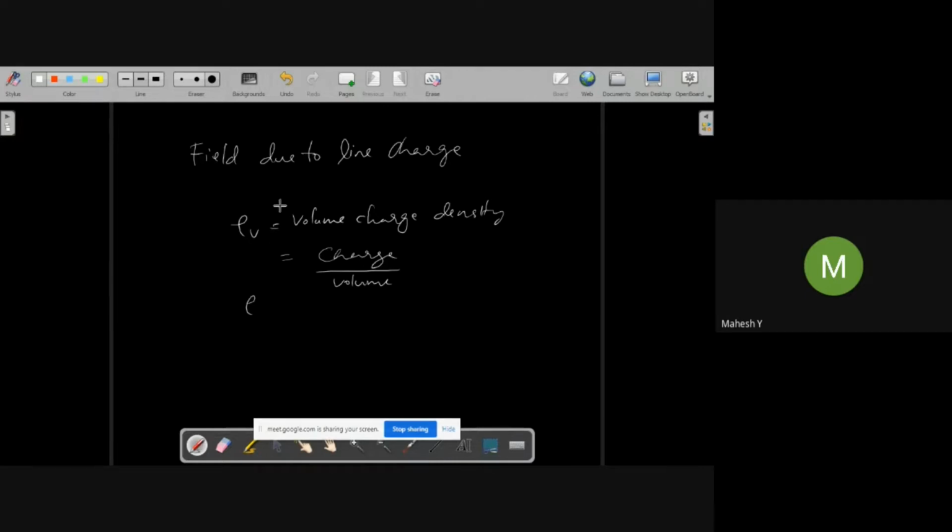Similarly, in the case of mass, it is a bulk material. But when we deal with charges, we may have a volume, bulk volume, or we may have an area, and we may have a line. So, what will be the density in this case? Can anybody please respond? In this case, if it is a bulk or three-dimensional object, we call it rho v. If it is a surface, what will it be?